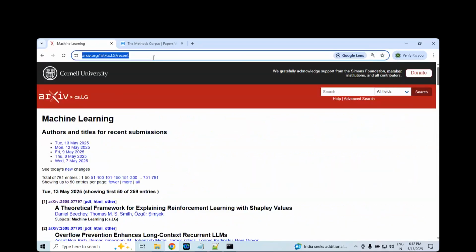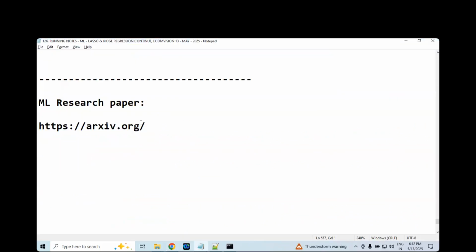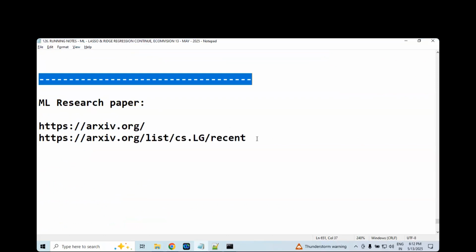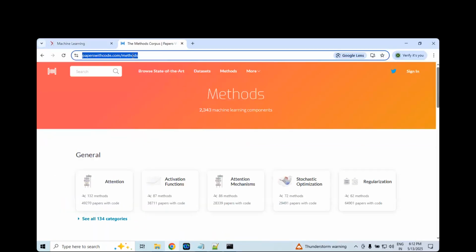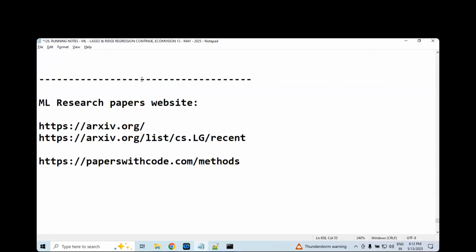Click on this, and this one is a paper. CS, computer science actually. Perfect. And paper websites. One more website, you can click on this here.